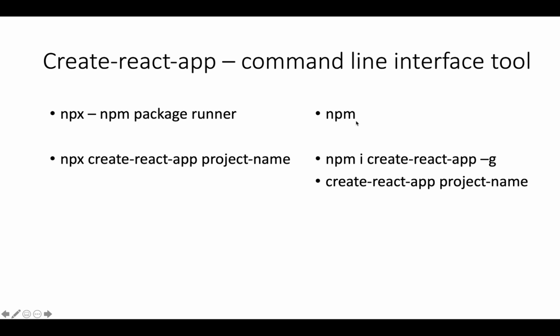If you want to use npm, you will first have to actually install Create React App, which is the command line interface tool. Once you install Create React App -g, that is globally, then you can start using Create React App directly as this: Create React App and then the name of your project. In this case, we did not have to install Create React App as npx is already helping us run Create React App. In this particular series, we will be using npx to create our app, as we don't need to worry about installing Create React App separately and also maintaining the version of it.